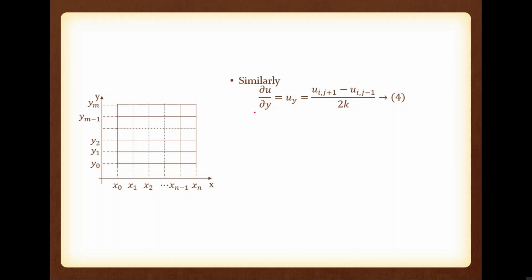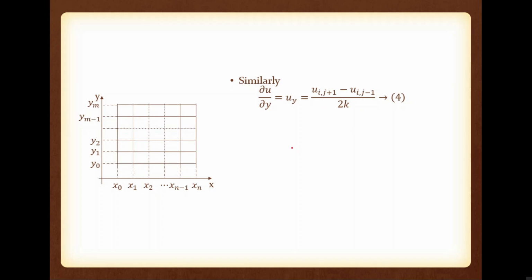Okay, so very good. So I think now you know the concept of this finite difference representation. So if it is y, the next point is j plus 1, previous point is j minus 1, x is not changing, so i is same here. Now if it is y, the period is k, so we can write dou u by dou y is equal to u(i, j plus 1) minus u(i, j minus 1) divided by 2k.